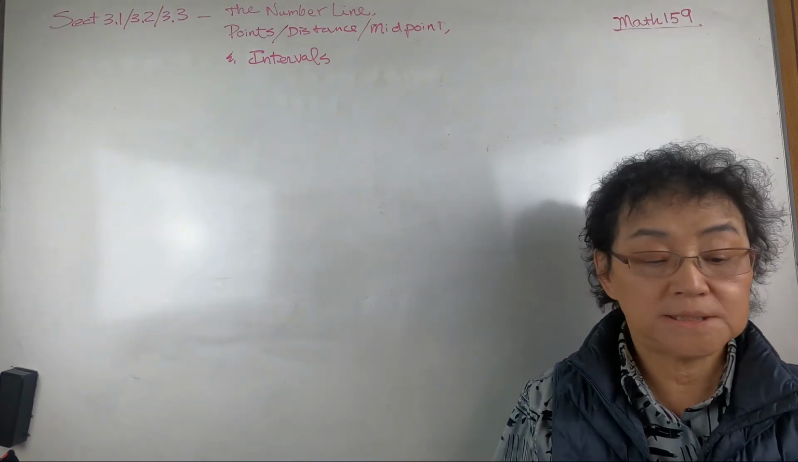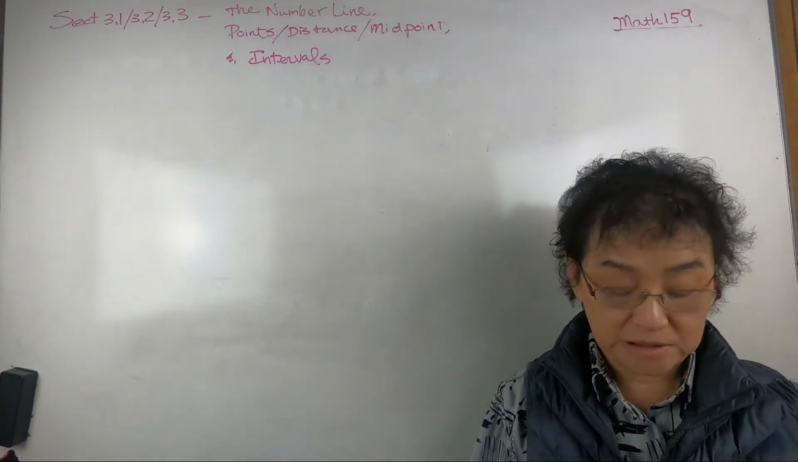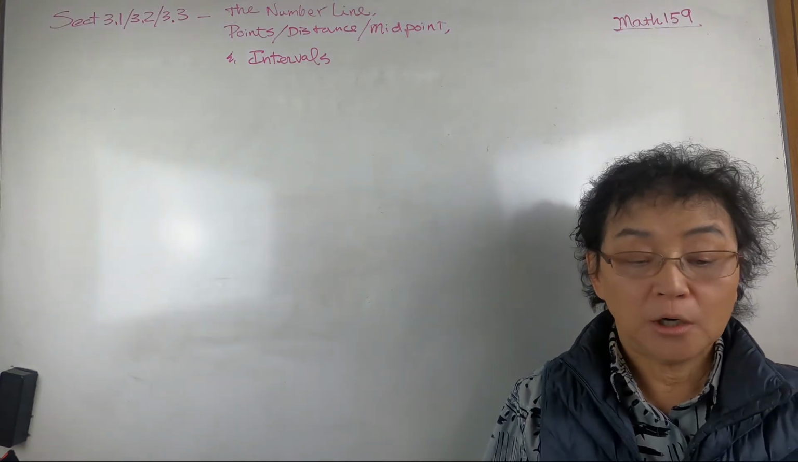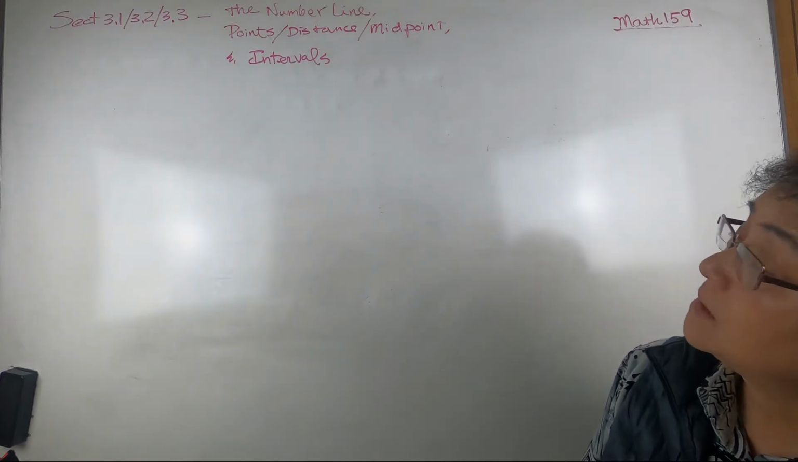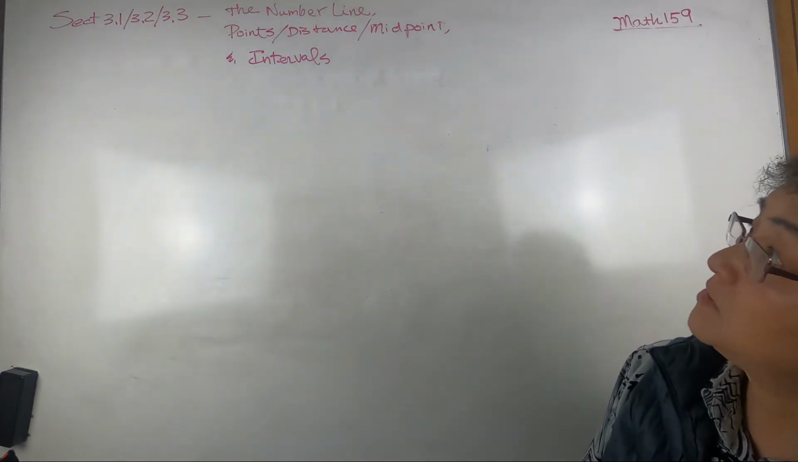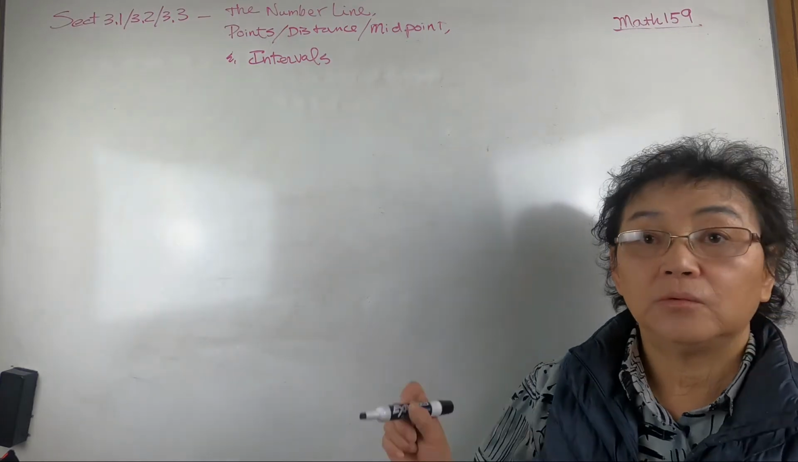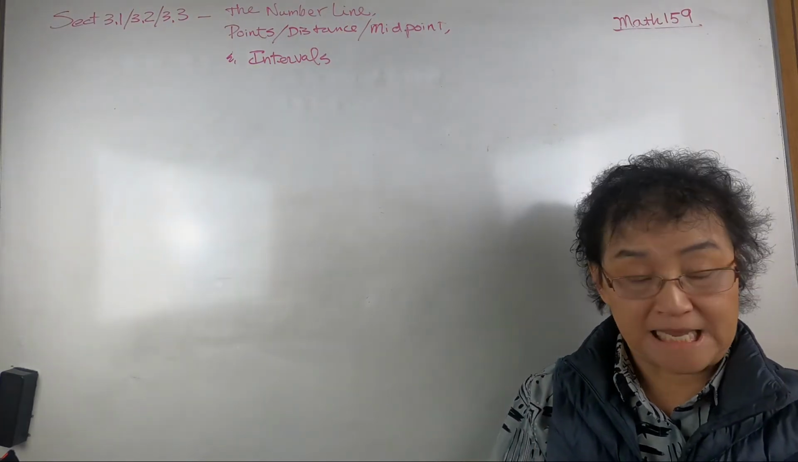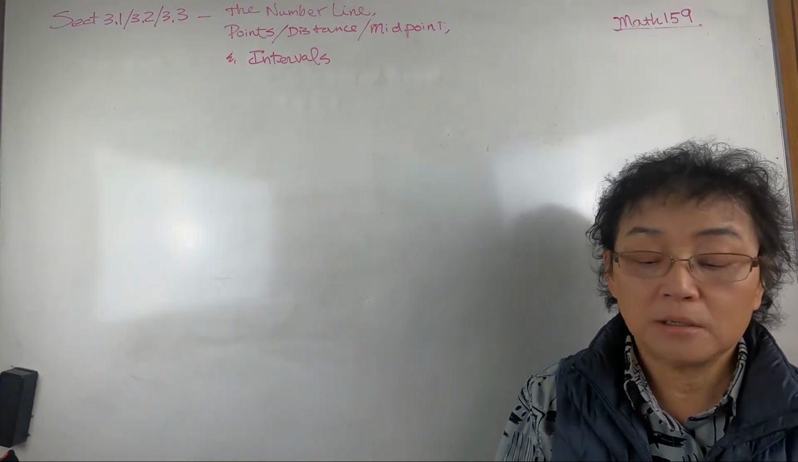We are on sections 3.1, 3.2, and 3.3 on your page 25. We are going to talk about the number line, points, distance, midpoints, and intervals. And we are going to talk about those for the purpose of stats, right? So we need to talk about,